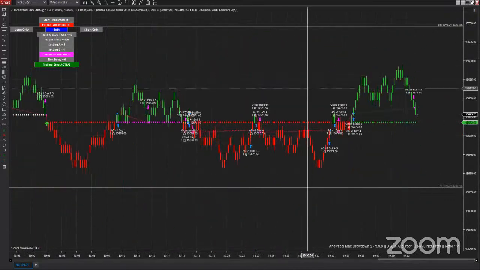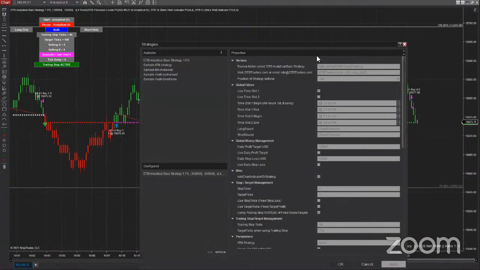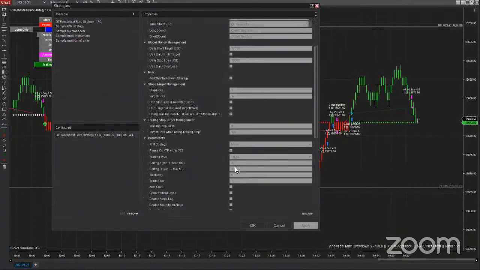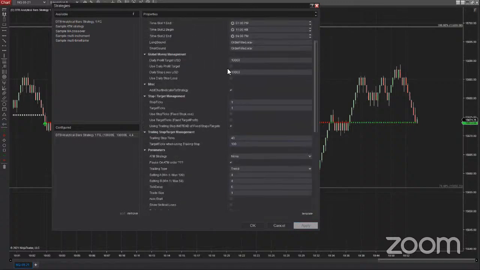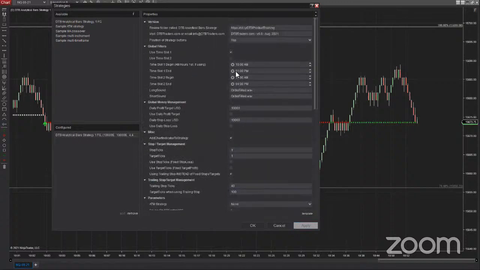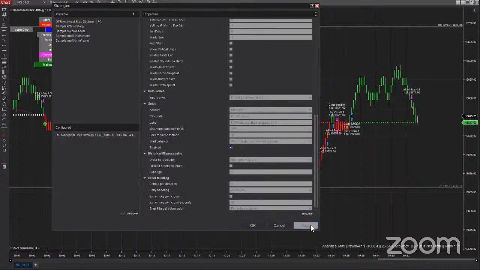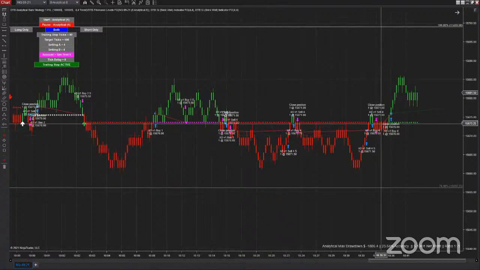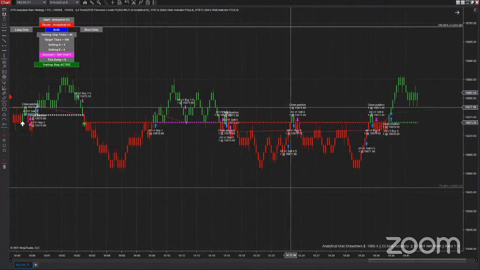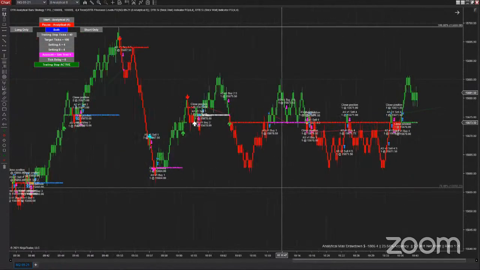I've got the time slots. Yeah, so anyway, probably have to just disable those time slots. I don't know why I'm showing you this, but anyway, I'm going to just use the time slot, take that off. So this isn't optimized, but it's just interesting to see what those signals look like. As you can see, the price is bouncing around that brick wall, no clear direction. So that's why it's important to optimize the